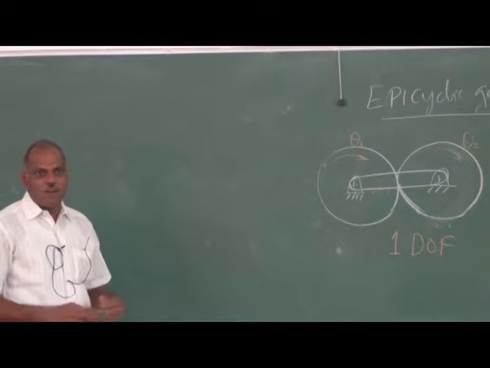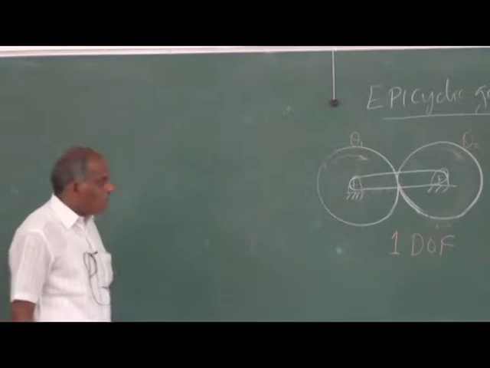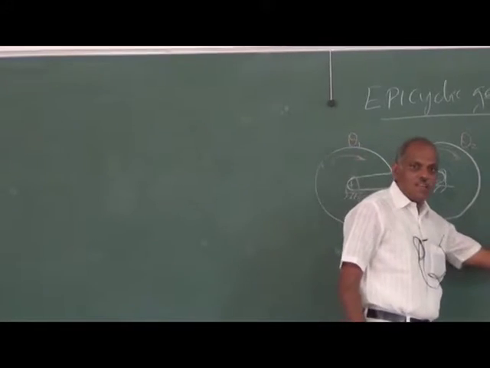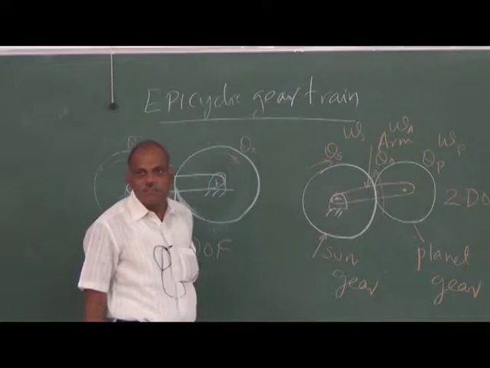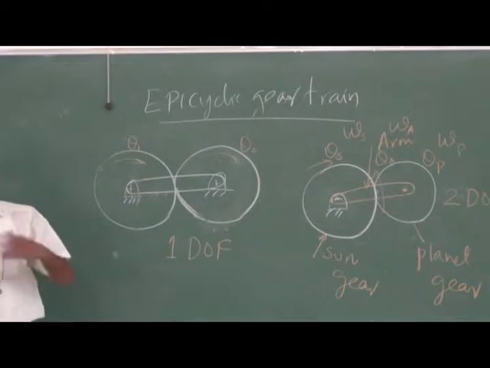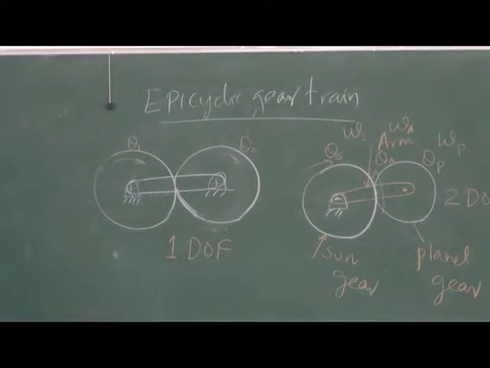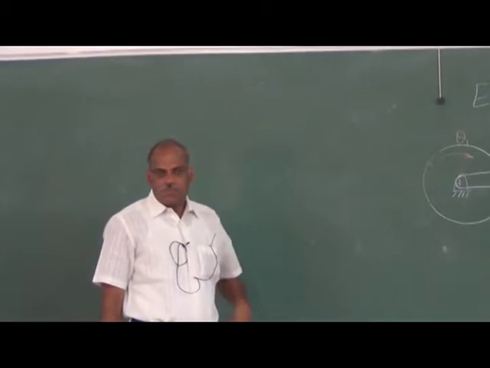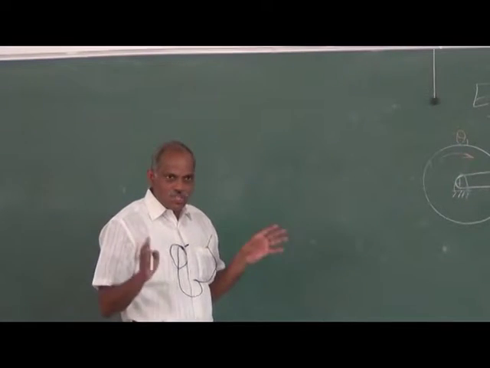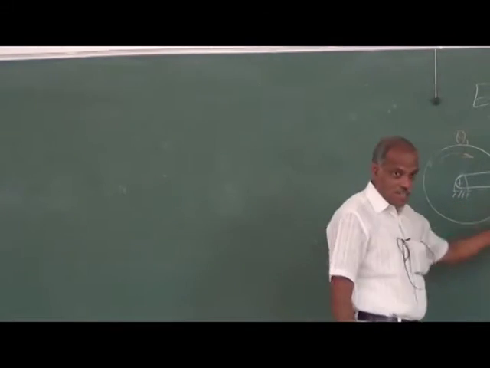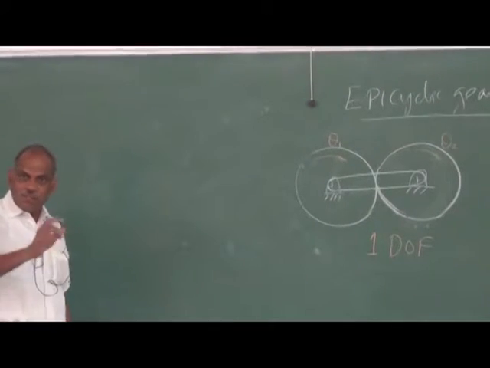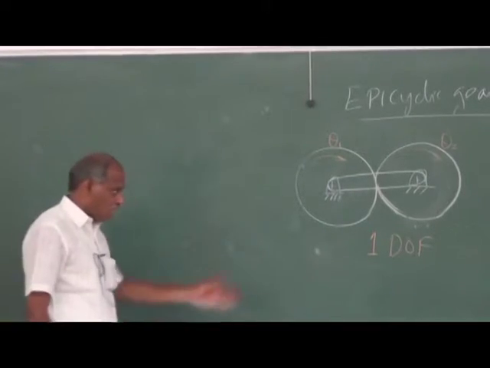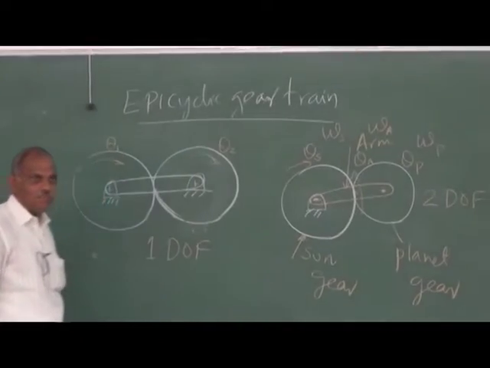It can be 1:5 or 1:10, provided that I rotate the sun gear also. The sun gear is now fixed, but if I allow that also to rotate, what will happen? You will get different gear ratios. So that is one advantage of epicyclic gears, that even though you physically engage the same set of gears, the gear ratio can be changed by giving different inputs to either the arm or the sun.